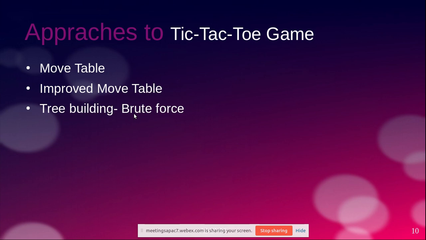So now instead of talking about building a table, we can think of building a tree. In building a tree, let us assume all possibilities, and that's what we call a brute force way of building the tree. And once that is done, we realize that it is again an impossible task. So let us try to build intelligently. That means let us keep on adding our intelligence to the machine.